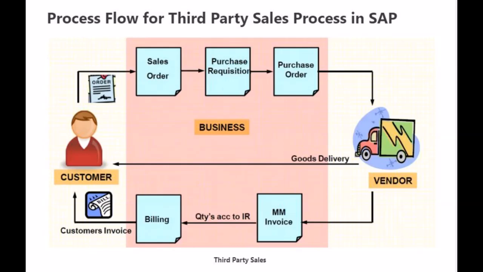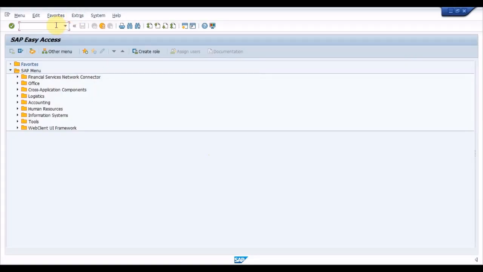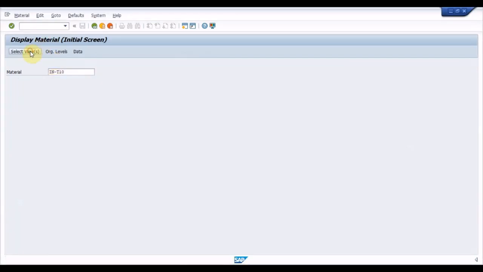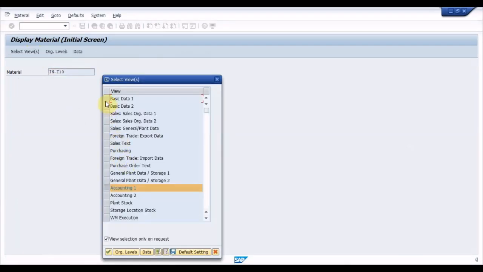Let me explain the third party process in the SAP system. First, let us prepare the master data for the third party process. Create the material master in the transaction MM01 with the basic views, sales views, purchasing view and the accounting view.